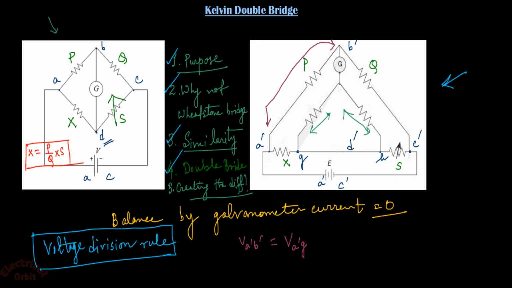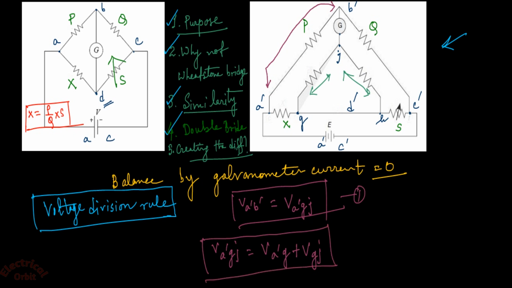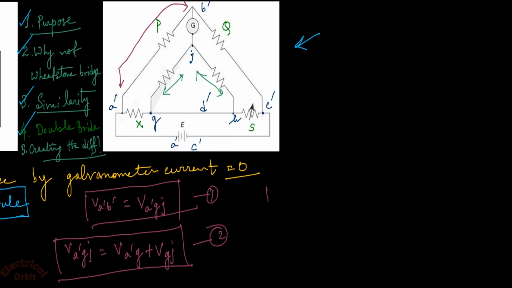Let us take this point as J. So V A' G J, this is one of our equations. Next, V A' G J is equal to V A' G plus V G J. This is your another relation. So here we can write E is equal to, considering this entire path, E A' G plus V G